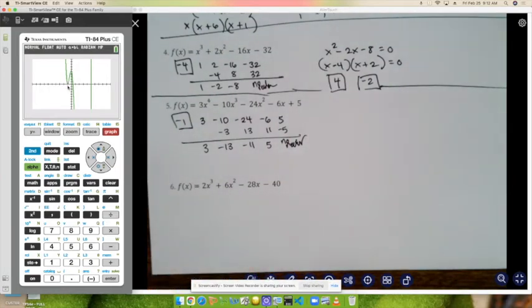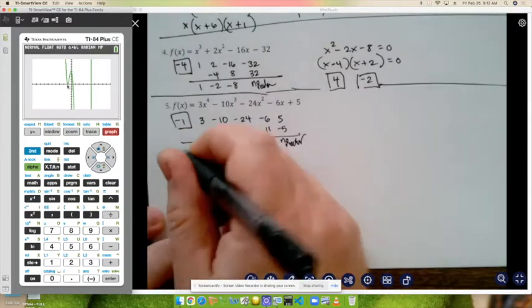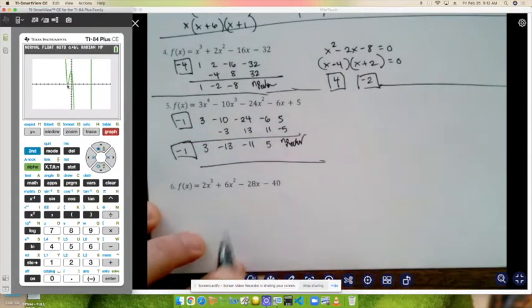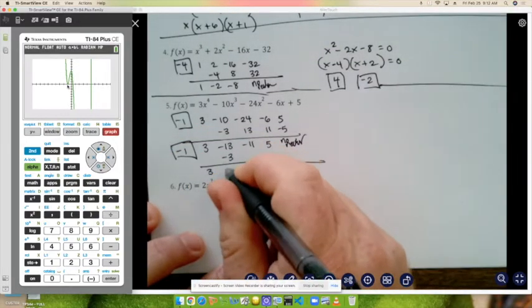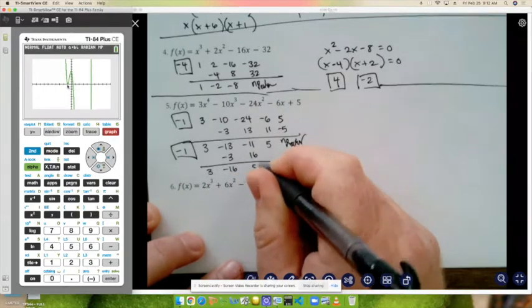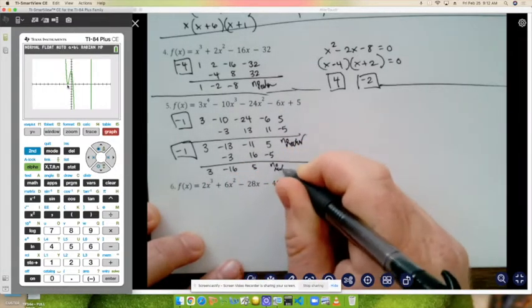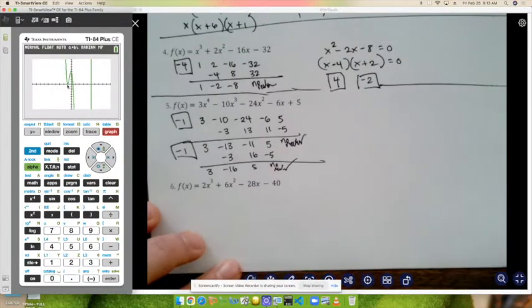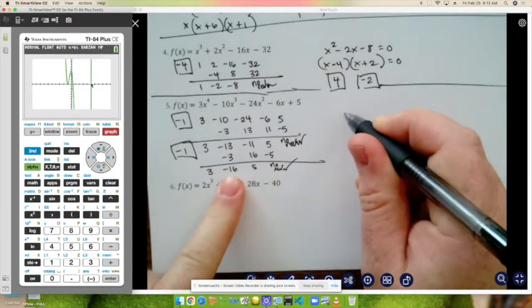But negative 1 is going to have a multiplicity of 2 right there. So that means I can do negative 1 a second time. So put negative 1 in the box again and do synthetic division a second time. And again, you'll see there's no remainder. Negative 1 worked twice, which is great. That's called a multiplicity. Well, now I've knocked it down to a quadratic, so I can just grab those terms